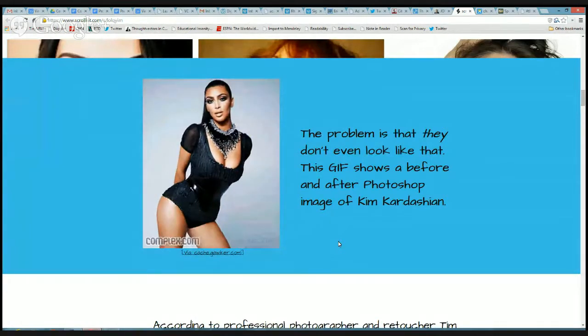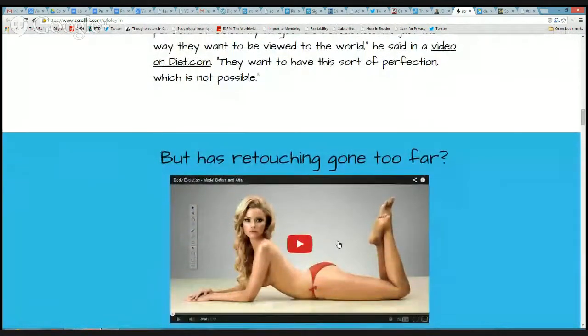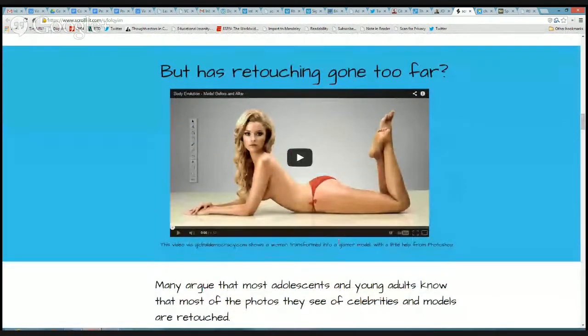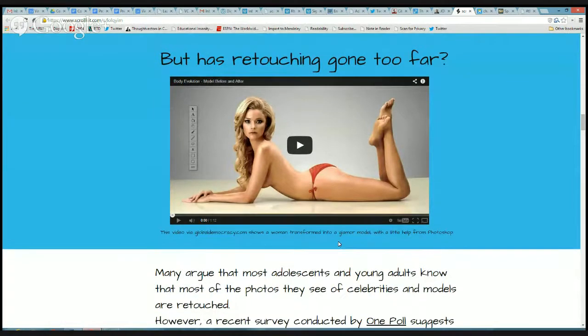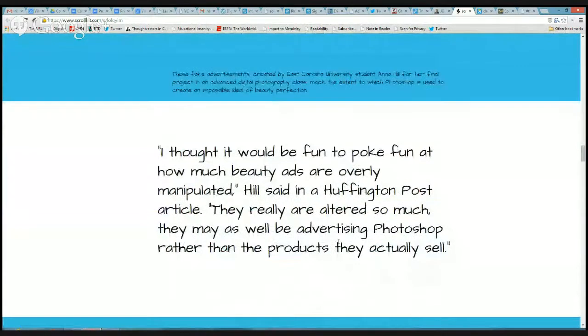The kind of before and after effect, which you could have a static image of the before and a static image of the after, but by doing it as an animated GIF, you get a better representation of the point. Similarly, down here, "gone too far," and there could be narrative here, but there's actually a video here which kind of answers the question that she's posing in this project. And so I think it's just a good example to approach the project from a web experience.